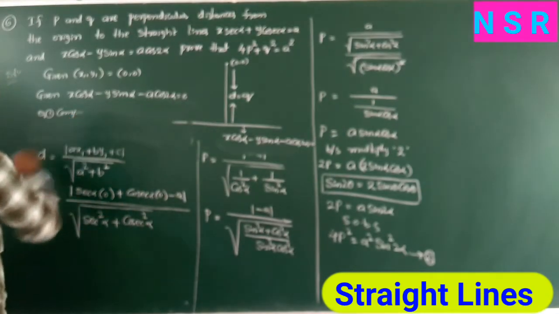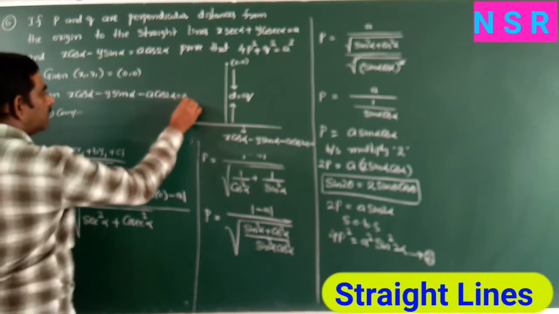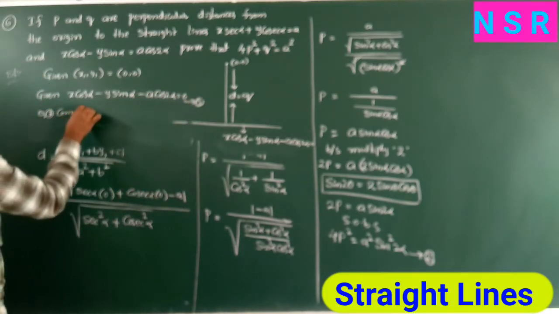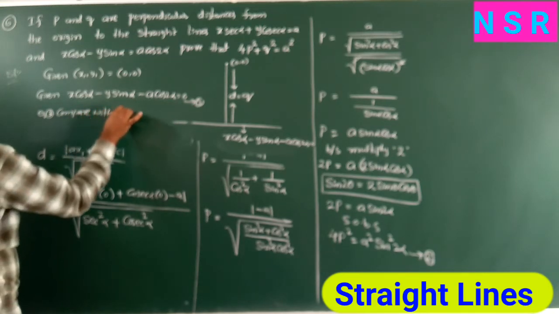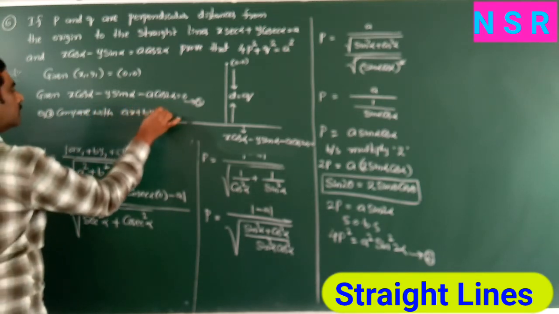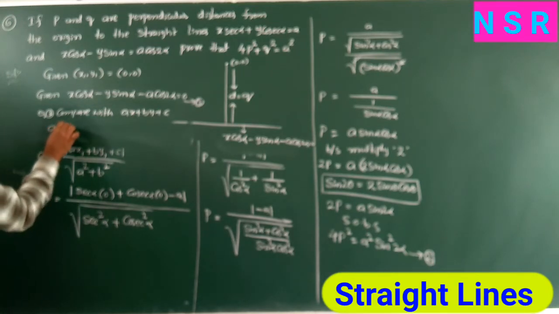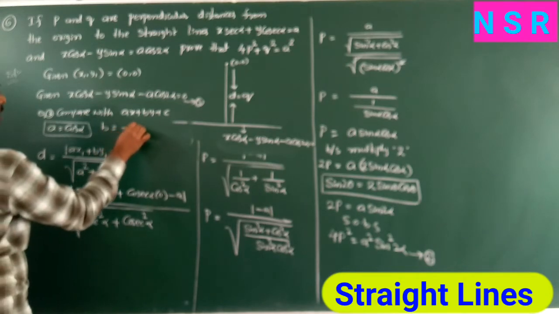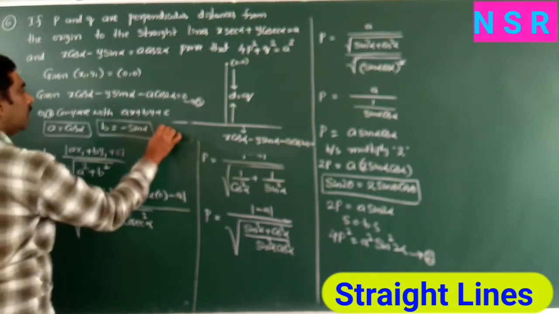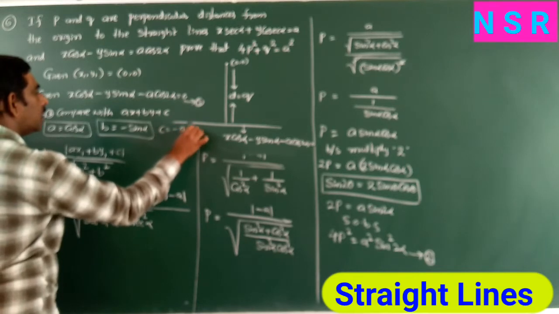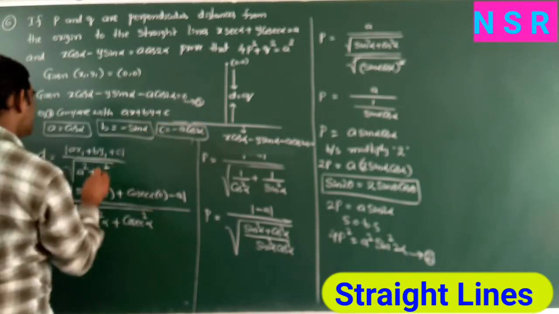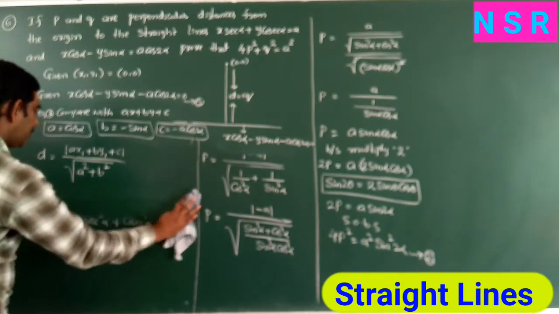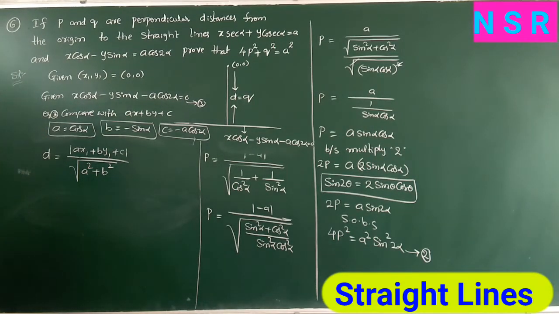So here also equation, take it as this is 2 completed. Next equation 3, compare with ax plus by plus c. Now here a equal to cos alpha, b equal to minus sin alpha and here c equal to minus a cos 2 alpha. So we get a, b, c. So here also apply same perpendicular distance formula, but here perpendicular distance d is q.